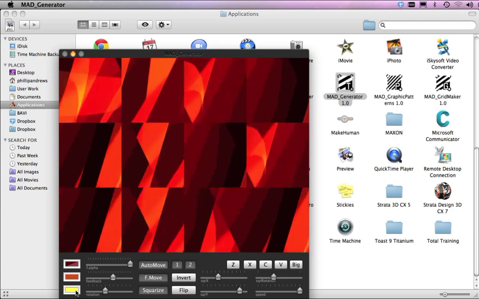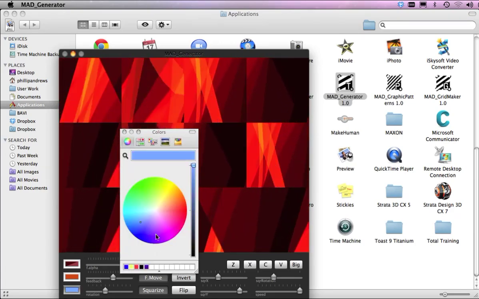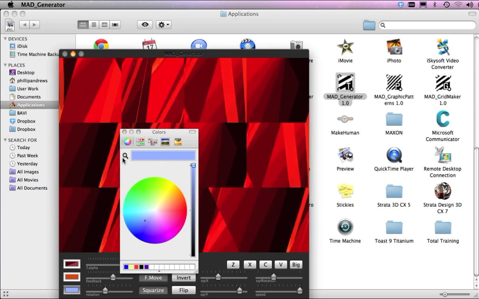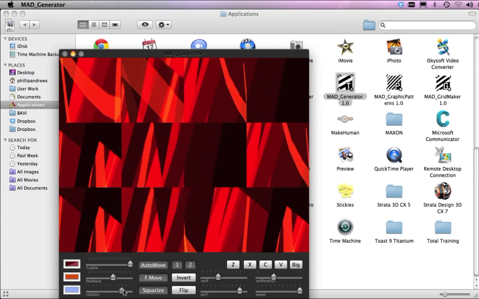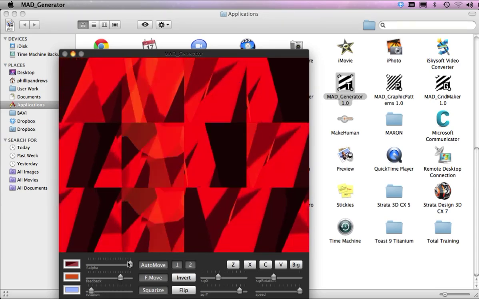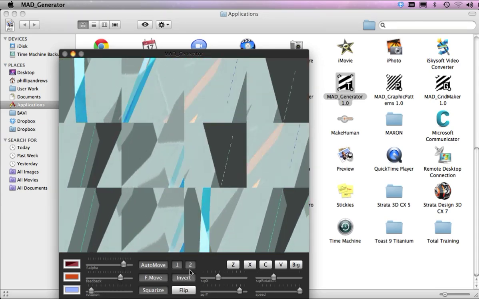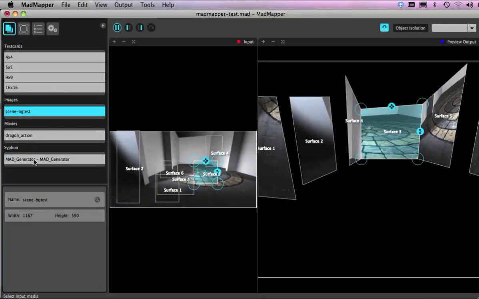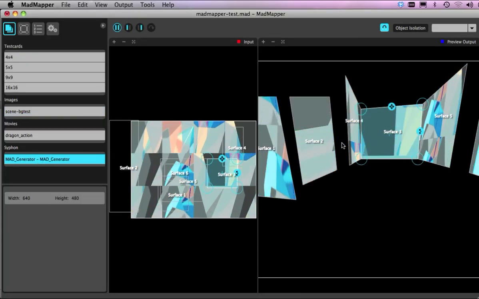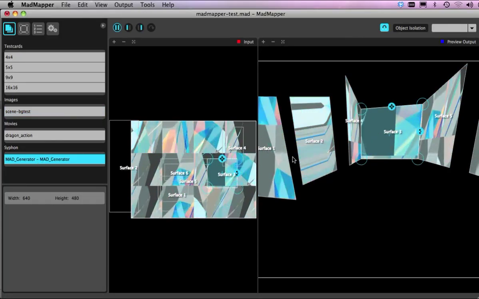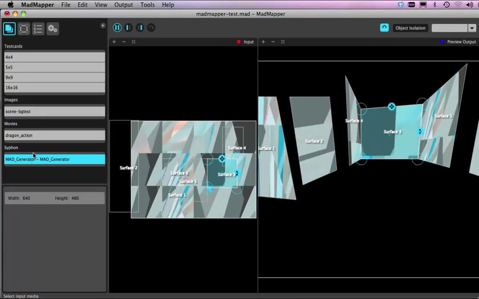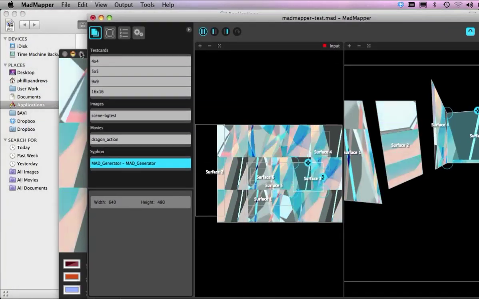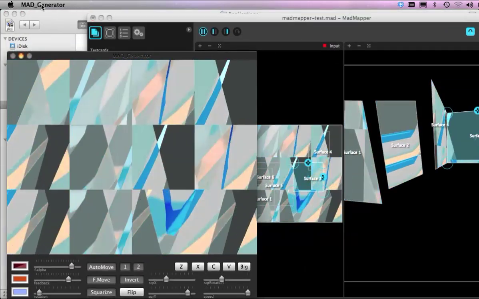Click on the color here. Just warm it or cool it down a bit. That should be great, and let's close that. And just invert it again, and I'm going to just go and have a look and see how that works in the output. And here we are, the Madmapper output here. So that's just one more example of working with a Syphon. So I'm just going to get that particular file and just quit this one,